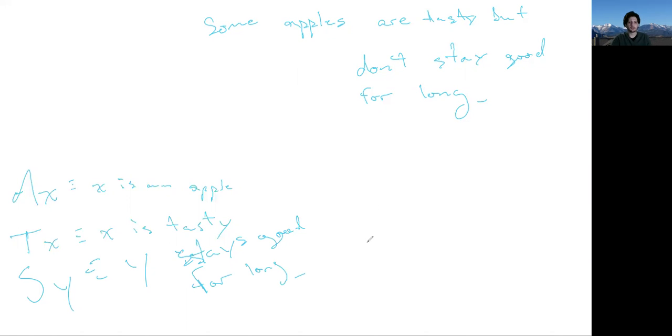I should have maybe made this more explicit earlier. That doesn't even mean I have to use a specific variable when I write the sentences. I can still say there exists an X such that Sx, and that still just means there is something that stays good for long. So do not attach anything to the particular variable we've used in any of these sentences. The only time it is ever important to match up variables is once I've given you a quantifier, match that up wherever it shows in the sentence.